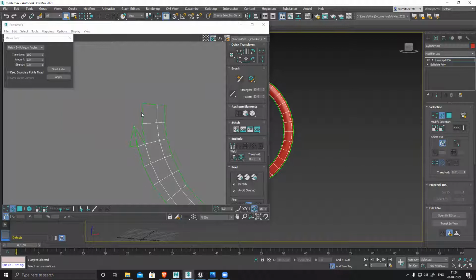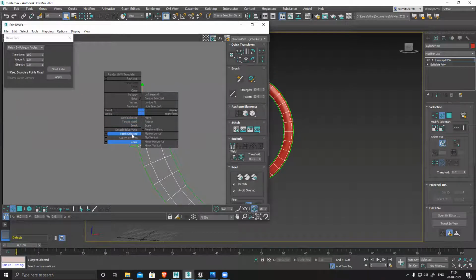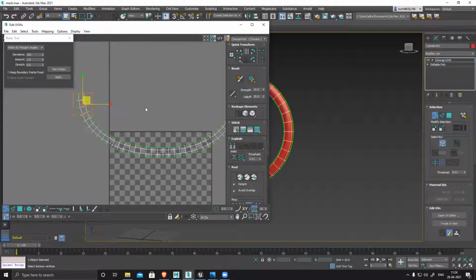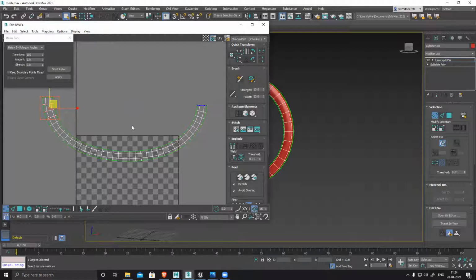Edge mode. I'll stitch this one. Done. Now it should work perfectly. Yeah. Okay. Both the sides are correct.